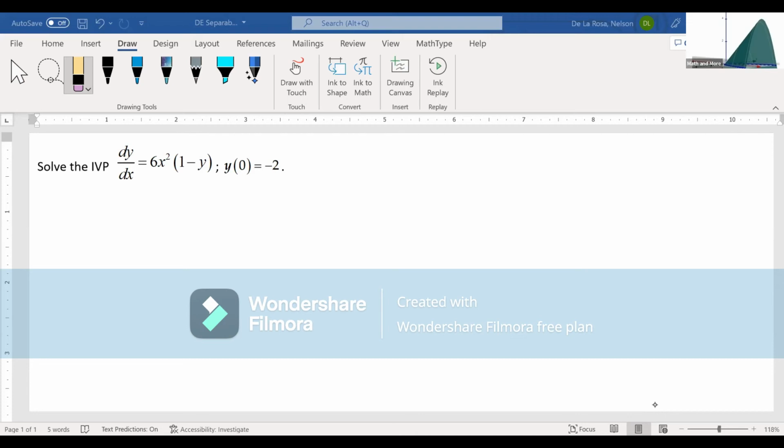Here we have an initial value problem that involves a differential equation and a condition. So we're going to try to use the approach of separable equations, where we are going to isolate variables. On one side, we're going to include the y and its differential, and on the other side, we're going to have only the x's and its differential. So we can rewrite the given equation as dy